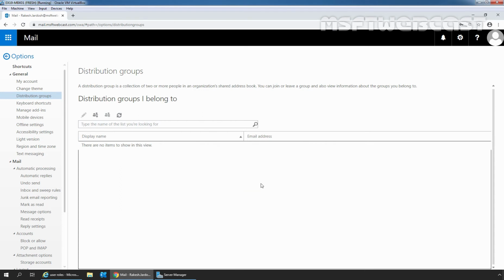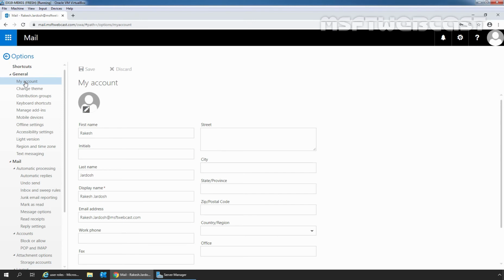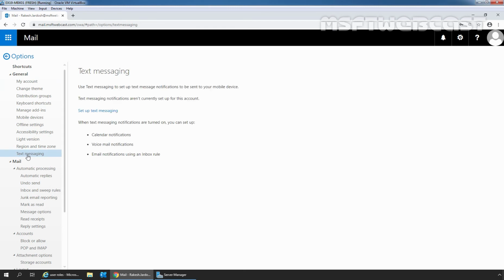So using this, the user can search, join or leave any distribution group. Let's click on the My Account tab. From this, the user can change the display name and contact information, and here we have settings related to text messaging. So by default, the user can modify the basic configuration of the mailbox with the default role assignment policy.